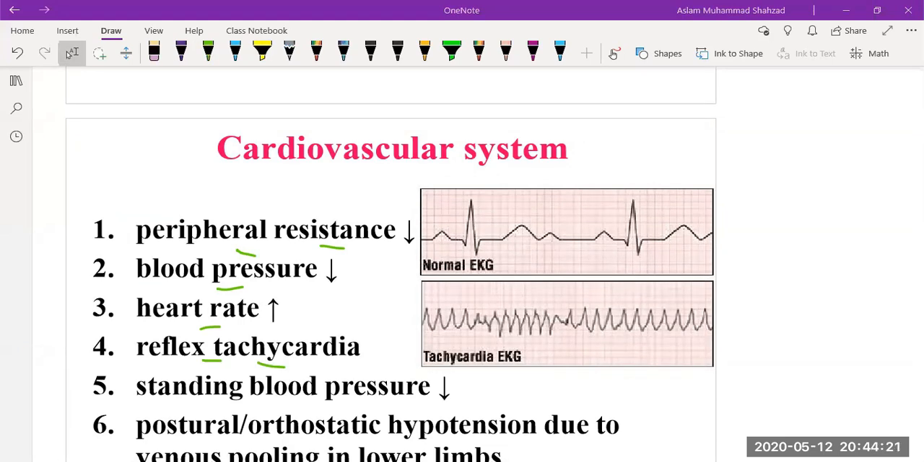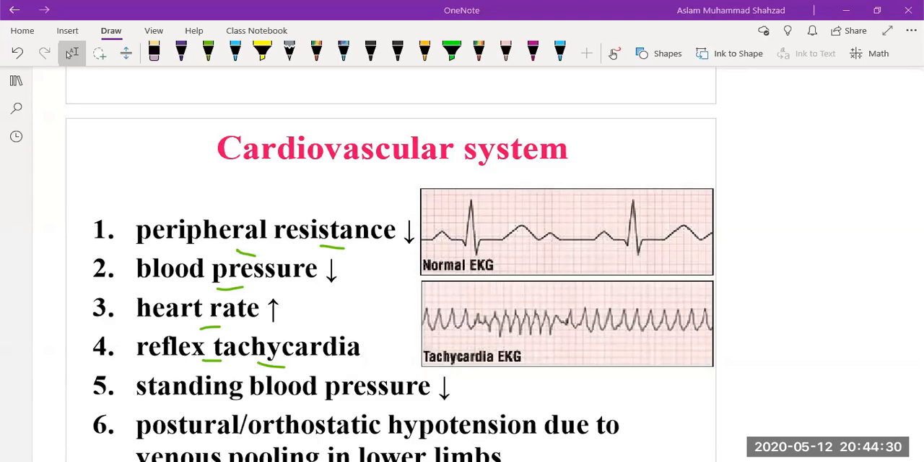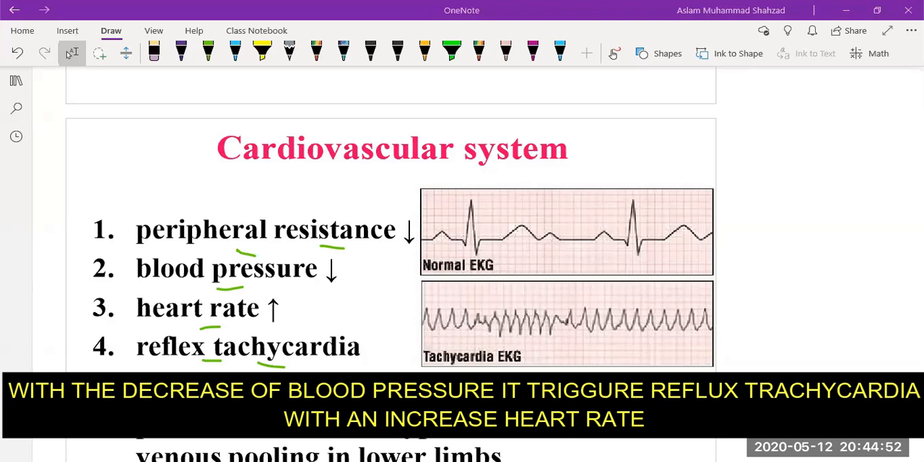What is reflex tachycardia? It is a form of tachycardia with rapid heart beating, an increase of the heart rate in response to the stimulus of decreasing blood pressure. If we take a look at the slide, we see that these alpha antagonists are responsible for decreasing the blood pressure. So with the decrease of the blood pressure, it triggers reflex tachycardia with an increased heart rate,